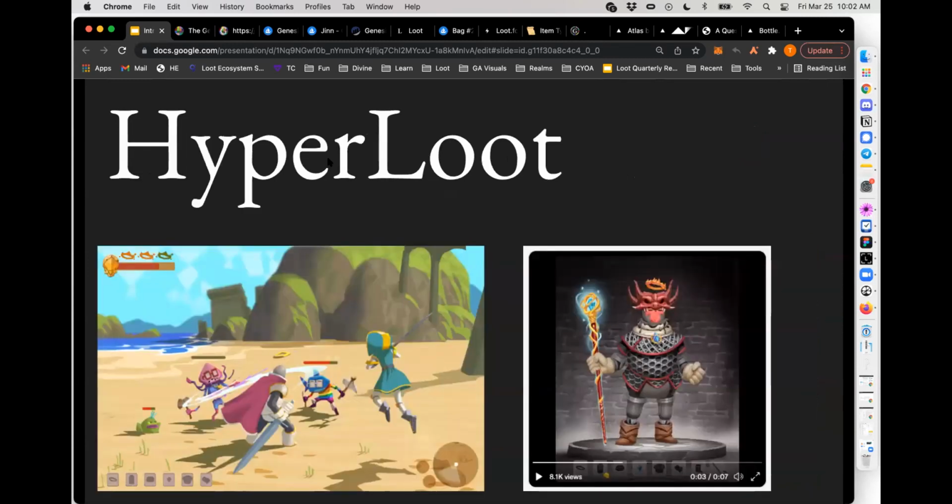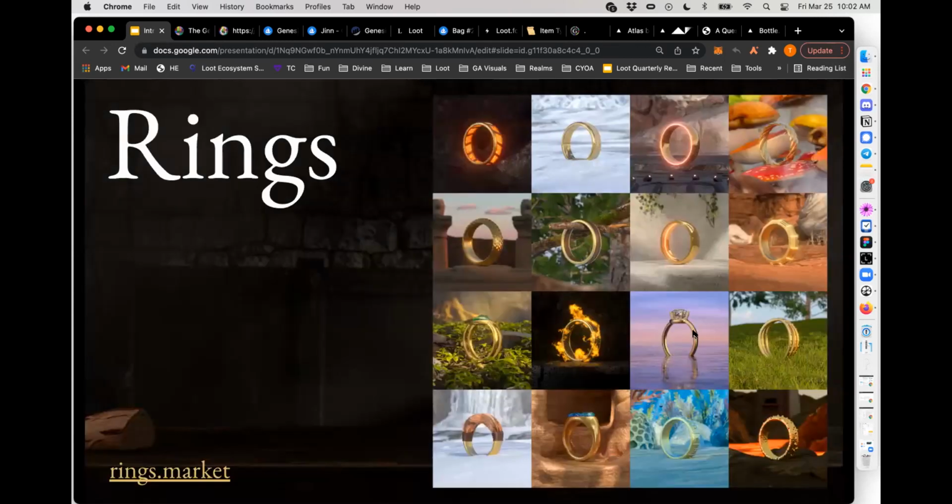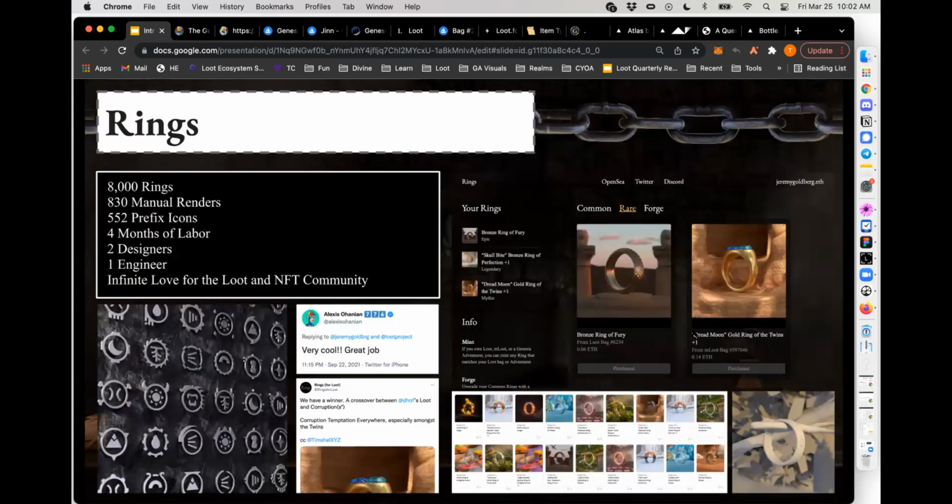There's a project called Hyperloot that's launching pretty soon. Check out their Twitter, but they have some incredible art. It's like this and more, that they also are making CCO and open source, and they're sharing their Illustrator files and Photoshop files and their 3D files and also their code to have others build on top of this. This is like a layer 2 for the Lootverse. Projects like this with rings, where you can distill the ring out of your bag, and then all of a sudden you have this beautiful 3D ring, and then you can play it and craft it and use it.